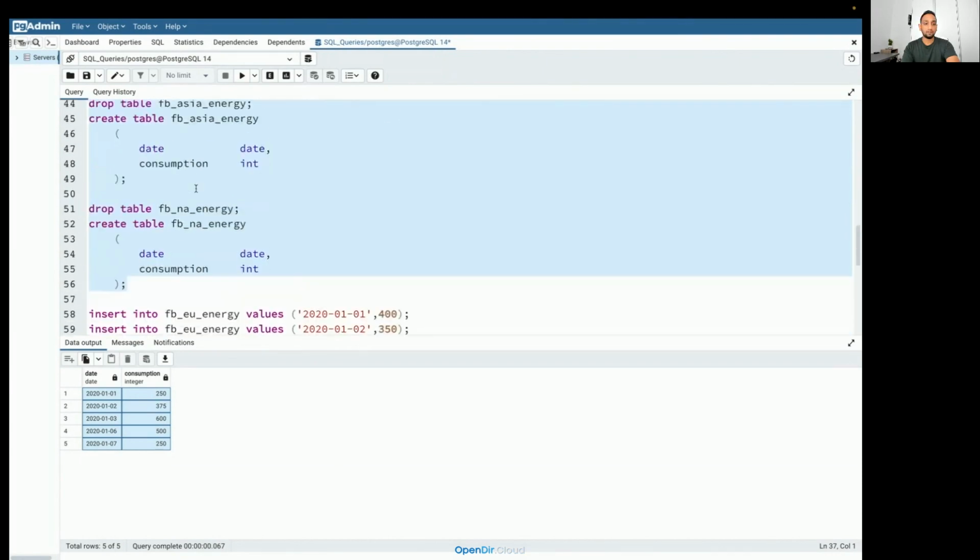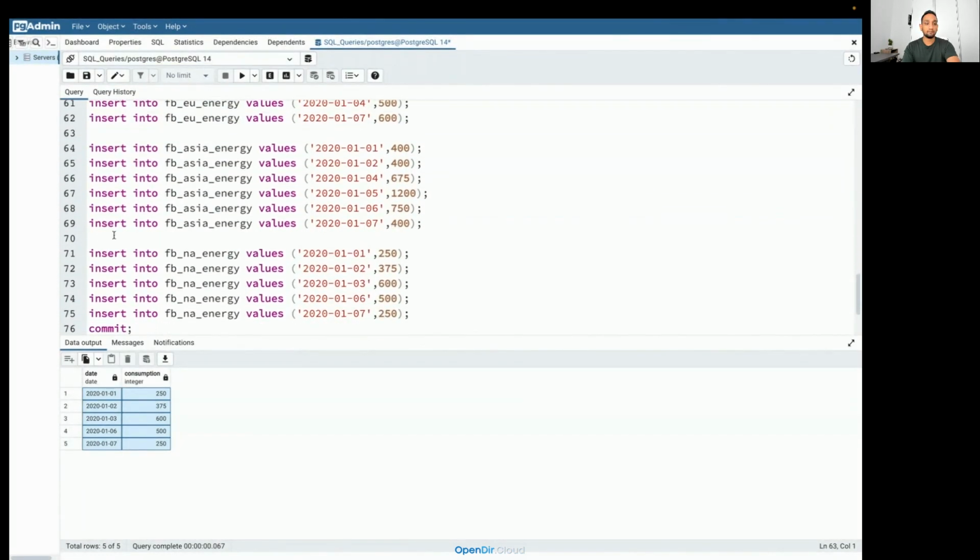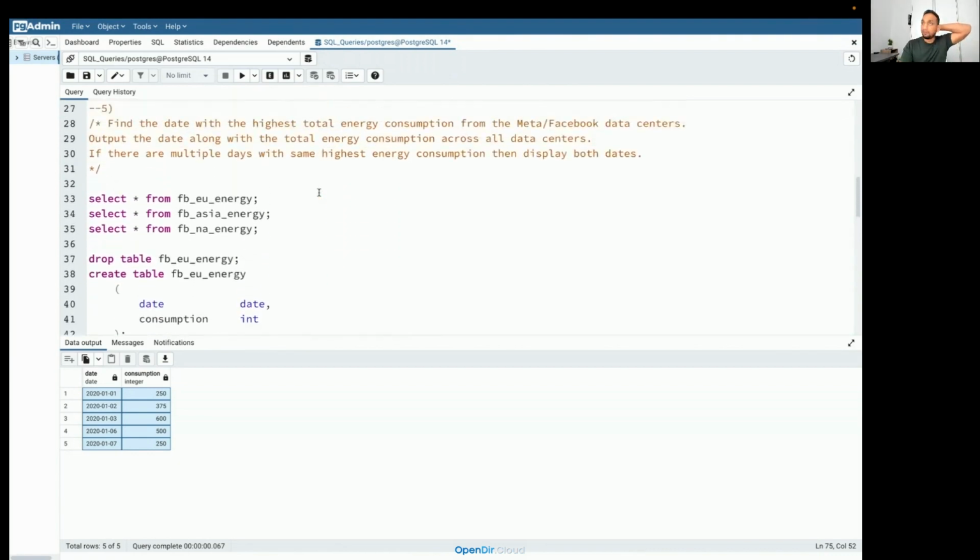Okay, so you got the DDL. Now let me provide you the insert. So I'm pasting the data set here. Anyone who wants to solve it yourself, you can solve it. Which database does not matter. It should work everywhere.